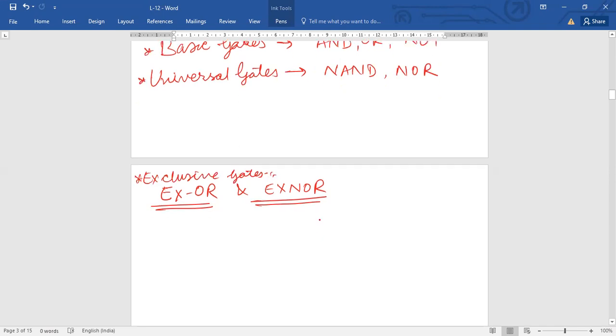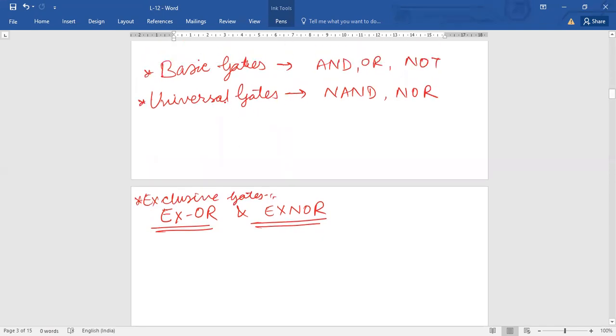So जो universal gates हैं, why these are called universal gates? सर सारे गेट्स उससे डेराइव कर सकते, बना सकते सर। सारे गेट्स को हम बेसिक गेट्स हो या एक्सक्लूसिव गेट्स हो, हम लोग यूनिवर्सल गेट्स से बना सकते हैं।